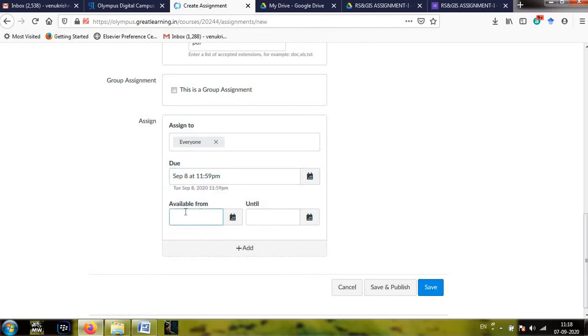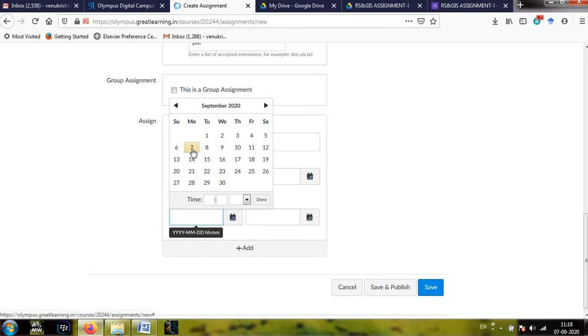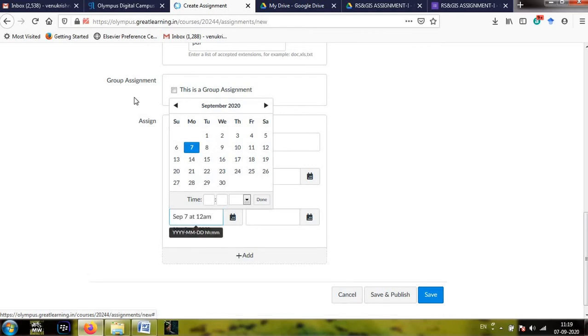Next I'm going to available from, this means the starting time. If you want to allow the students to upload files from right now, you need to give today's date. Or if you want students to upload only after a particular date, you need to select that date. As I have selected 8th, I am giving this 7th, and it automatically selects a time.